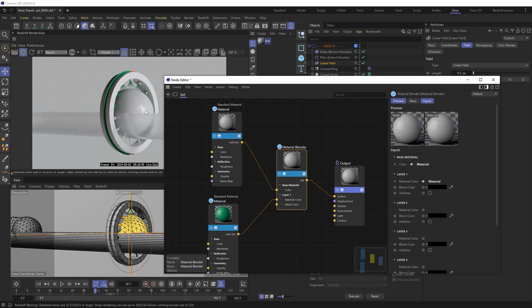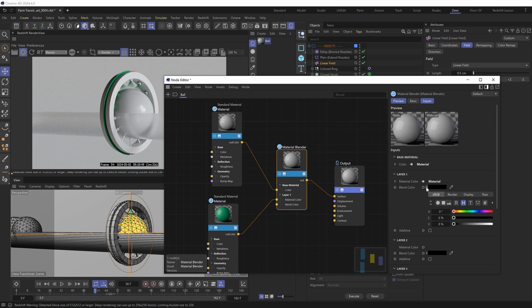And now we're just seeing the gray base material, but we can switch from one material to the next inside here by changing the value of the blend color. So if we make this 100%, we now switch to that green material. And if we choose a mid value, we get a blend of those two materials, which in this case is a desaturated green color. But we can also drive this with our vertex map and use the mask we created